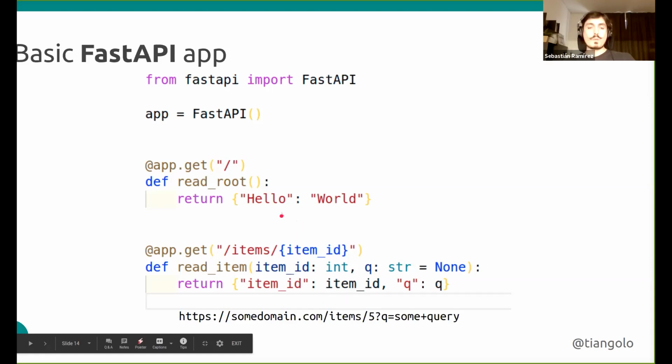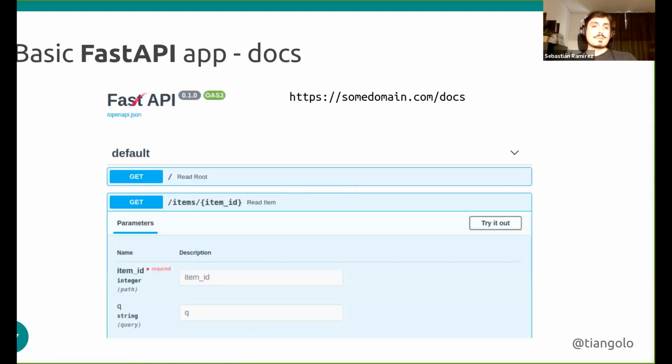But then with this code, when you check the documentation, when you check this URL /docs, FastAPI will automatically generate this documentation user interface based on your code. You don't have to do anything for it to work. We get the /main endpoint that we declared before, and we get the other one that we just declared.